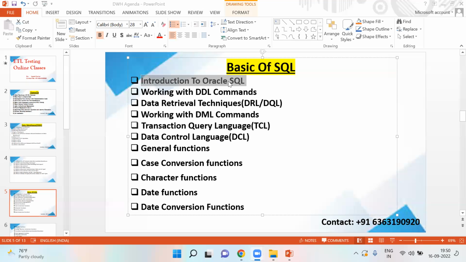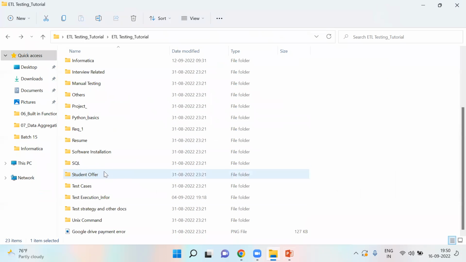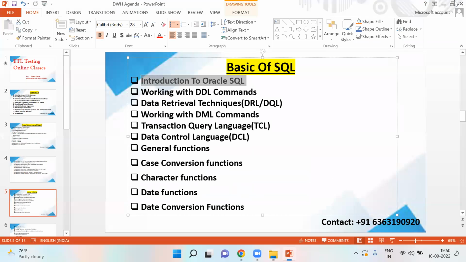Before that we'll discuss the introduction of SQL. It's only one chapter for you, but a few concepts we'll discuss in it. Today you will feel it's a little bit of theory only, but from tomorrow's class onwards, we are going to learn how to write a basic query, your first query, as well as how to add different conditions into those select queries. From tomorrow's class, it will be more useful.